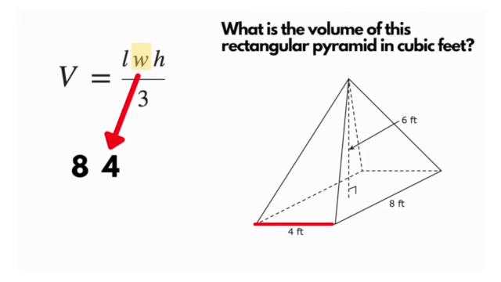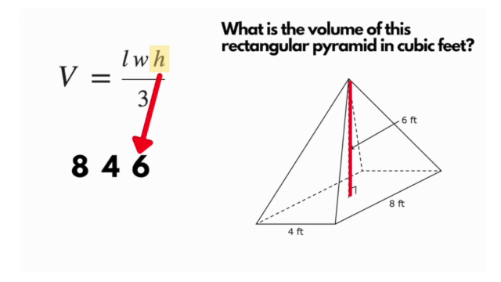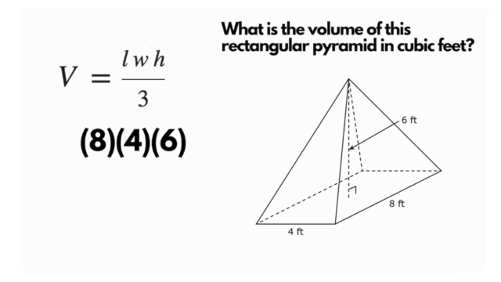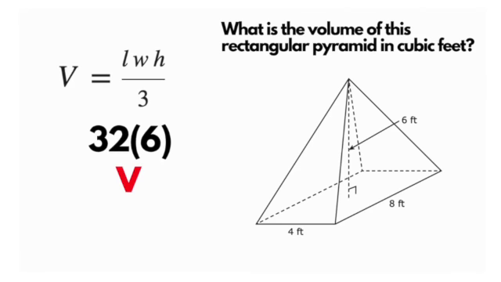And then we're going to look at the height of the prism, and it looks like it is 6 feet. So we'll drop those in there. So now we have the length, the width, and the height. So we just need to multiply those together. So let's do that. We have 8 times 4, 32. And then we'll take that value of 32 times 6, and we get